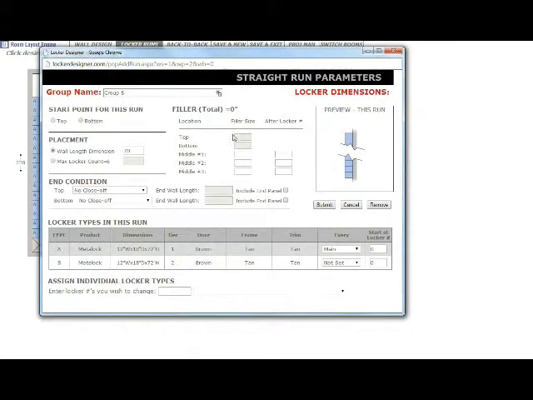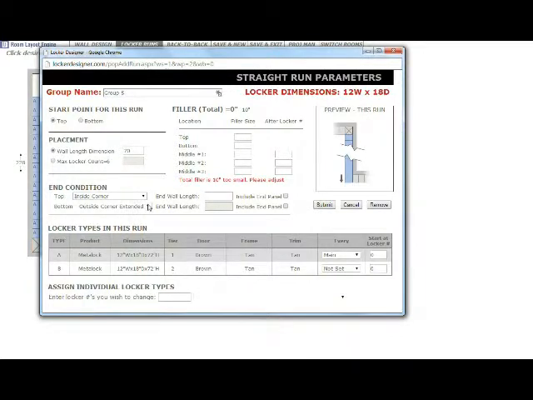Okay, here we'll go with an inside corner on top, and on the bottom we'll try an outside corner extended. Hit submit. It's telling us it's 10 inches too small. We need to put a 10-inch filler in, or we'll change the type, so we'll make an outside, and now we only need a 4-inch filler, which we'll put at the